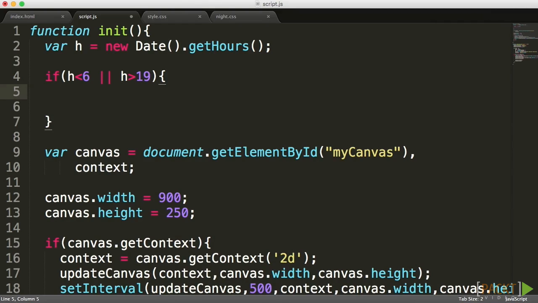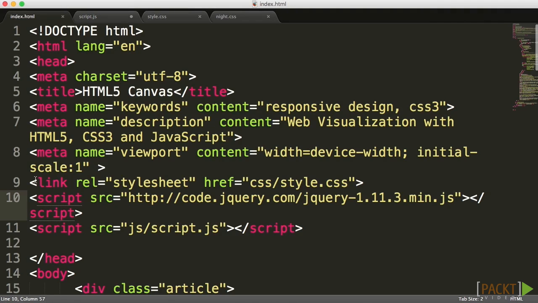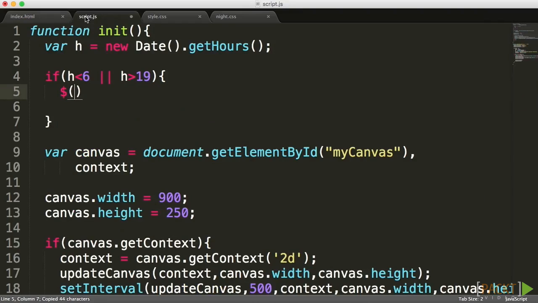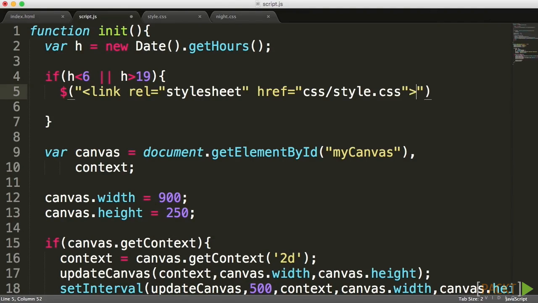To do that, I'm going to first approach and create a new style. And to do that, just like when we created CSS, we added a new link. What I'm going to do is I could go ahead and just copy this whole link process. And if I go into my script, I could literally just go inside of here and create a new script by sending inside. And I'm just going to make sure that I'm going to wrap it in a single quote, that way I could use double quotes inside. So I'm literally just creating a new script,